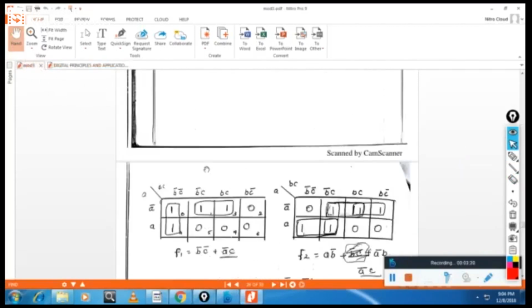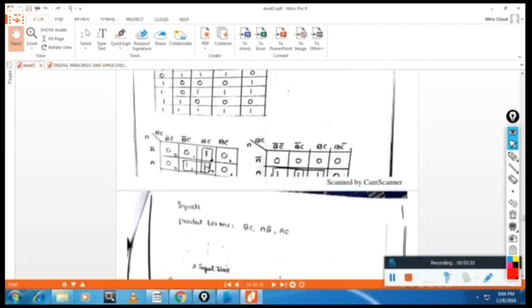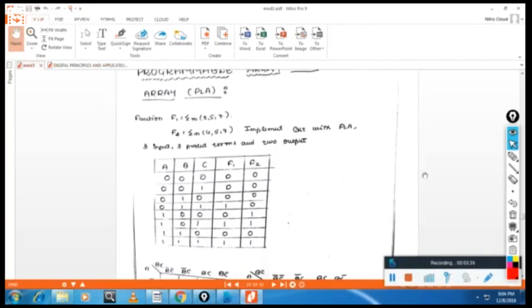Now we will see a type of problem. Here the functions F1 and F2 are given.